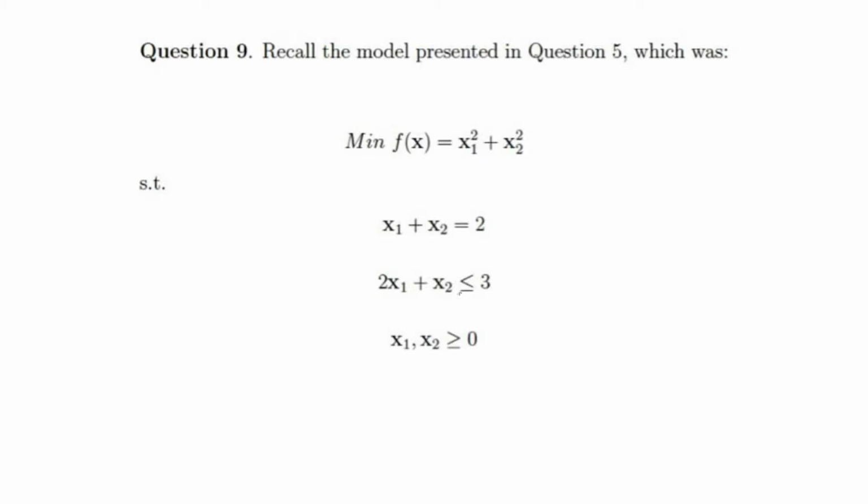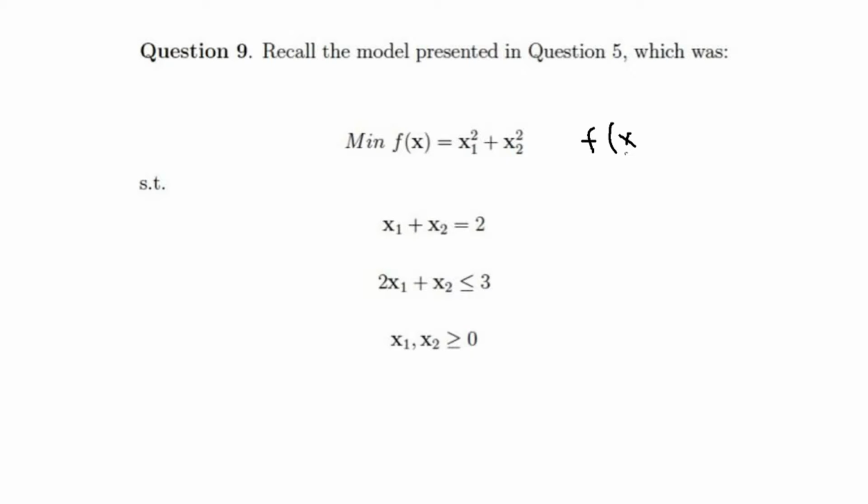And note that it satisfies 2x1 plus x2 less than or equal to 3 with strict equality. 2x1 plus x2 is equal to 3 at the boundary of this hyperplane constraint. Okay? And that's important when we go to include the different gradients of the inequality functions at the end of this problem. So keep that in mind. So the first thing that we're going to do is put this problem into our canonical form